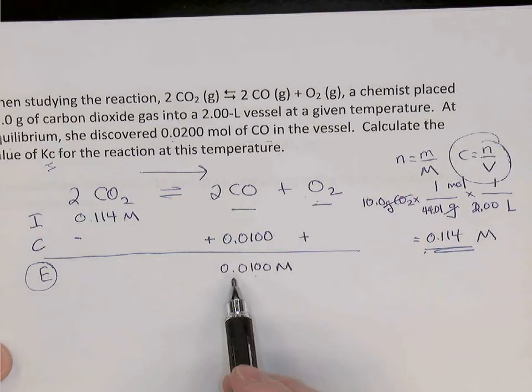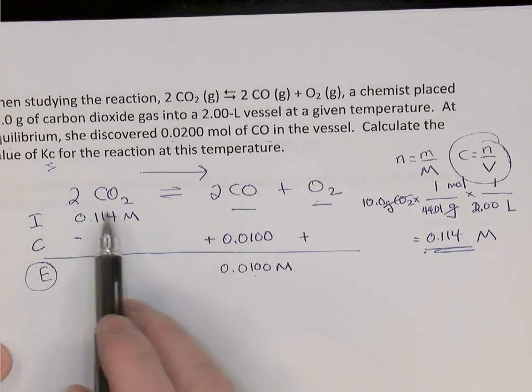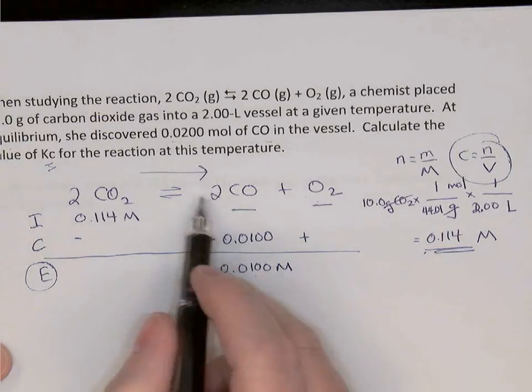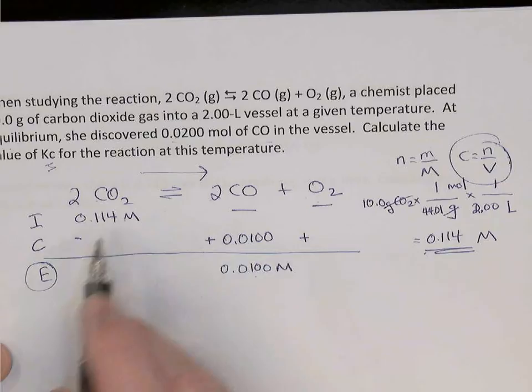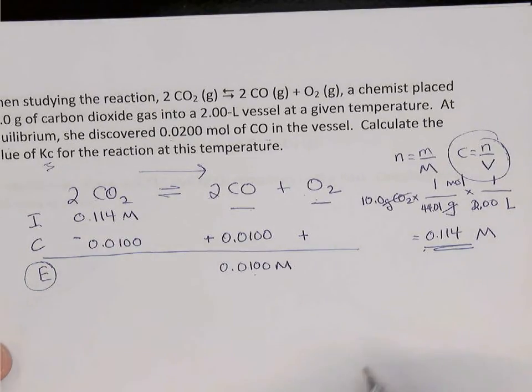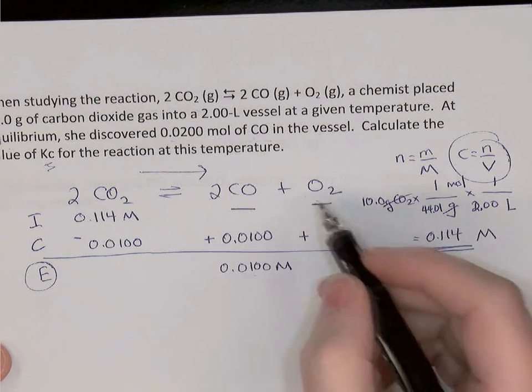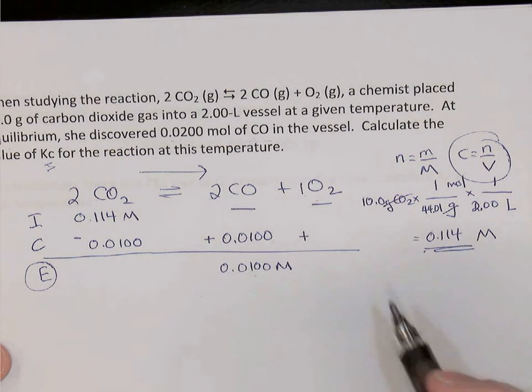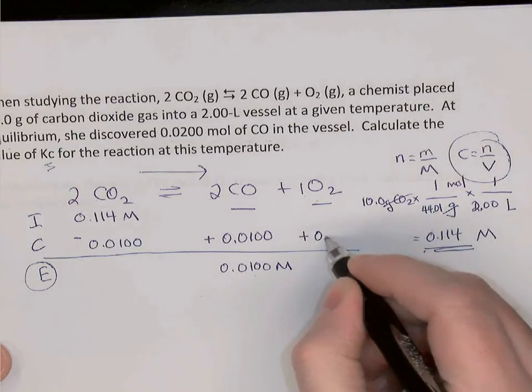That's the line of the ice table which is dependent only on the ratios in the balanced equation, the stoichiometry. So since the CO2 and the CO have the same coefficients, this guy will lose the same amount, so 0.0100. And the oxygen has a 1 as a coefficient, so 1 to 2, it's going to gain only half as much, so